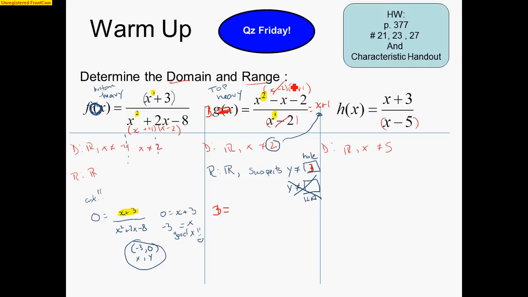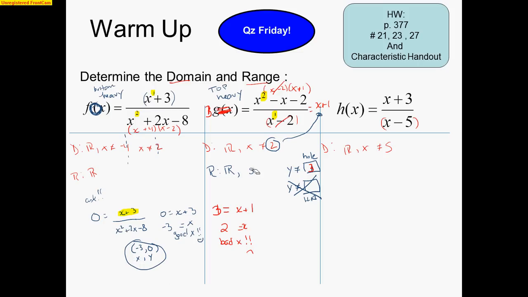Now I could use the whole function, or I could just use the cleaned up, more simplified version, that's why you simplify, and I get x is equal to 2. But that is a bad x. So what does that say? That says convicted. So I know that this function has no horizontal asymptote, but it has a hole at 1, 3, and I know that 3 is used for the hole, but it's not used anywhere else, so